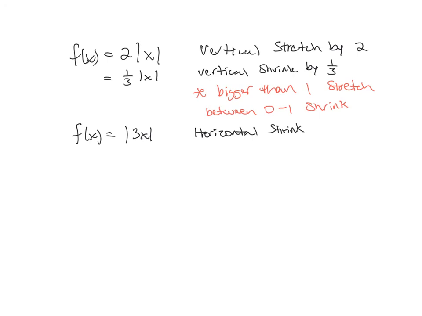And instead of saying 3, it's a shrink by 1/3. Okay, if we had a 1/4 on the inside, everything on the inside is horizontal also, but opposite. So 1/4 is between 0 and 1. That'd be a shrink. Well, no, now it's a stretch because we do opposite. Instead of 1/4, we do 4. We flip it over. Okay. So if we go